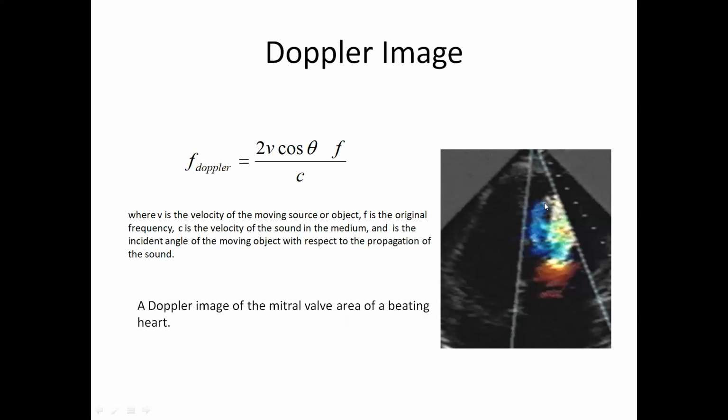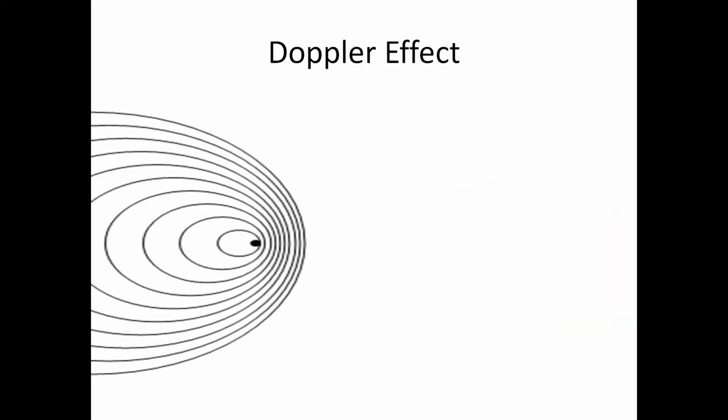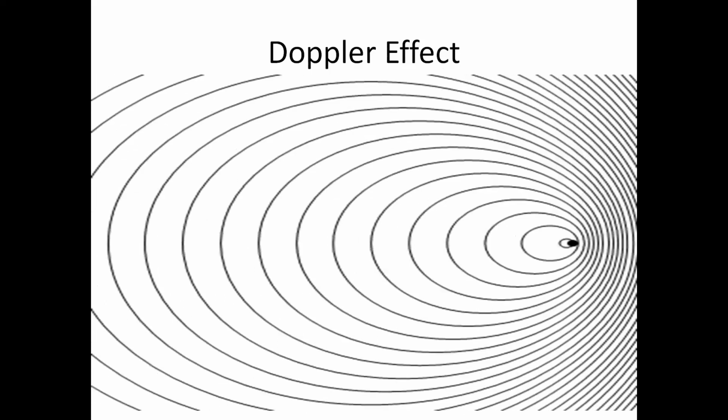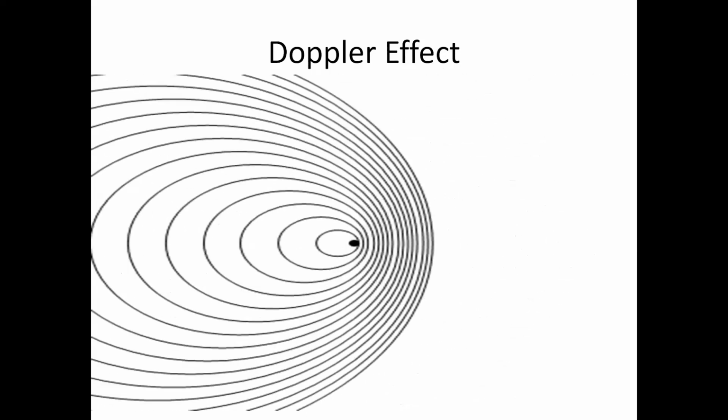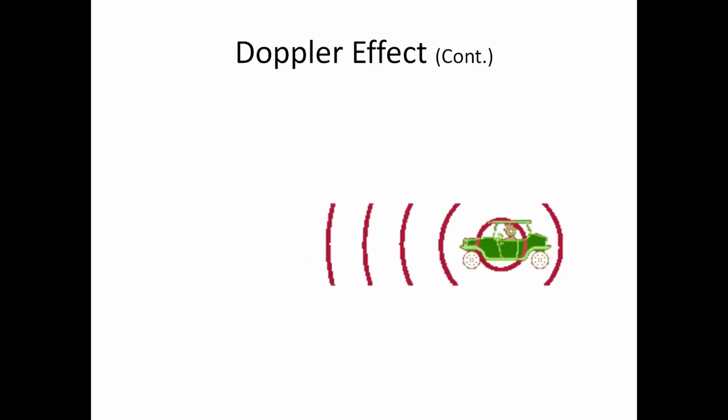So this is the information regarding the Doppler image principle. The Doppler image uses the frequency value by using this formula. In this Doppler image, it is easy to find out the heartbeat by placing this type of picture. This is the simple pictorial representation of the Doppler effect. This is the concerned Doppler effect view. In this way, the Doppler effect will be able to reach your brains. This is another way of representing the Doppler effect.